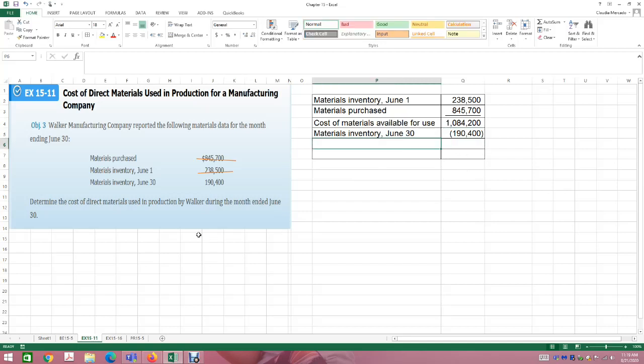And remember, we're trying to figure out the cost of direct materials used during the month. So, how much materials did we actually use? Well, we had 1,084,200 in materials available. We did not use 194,400. That's still sitting in our warehouse. That's available. So then that lets us know that my cost of direct materials used in production